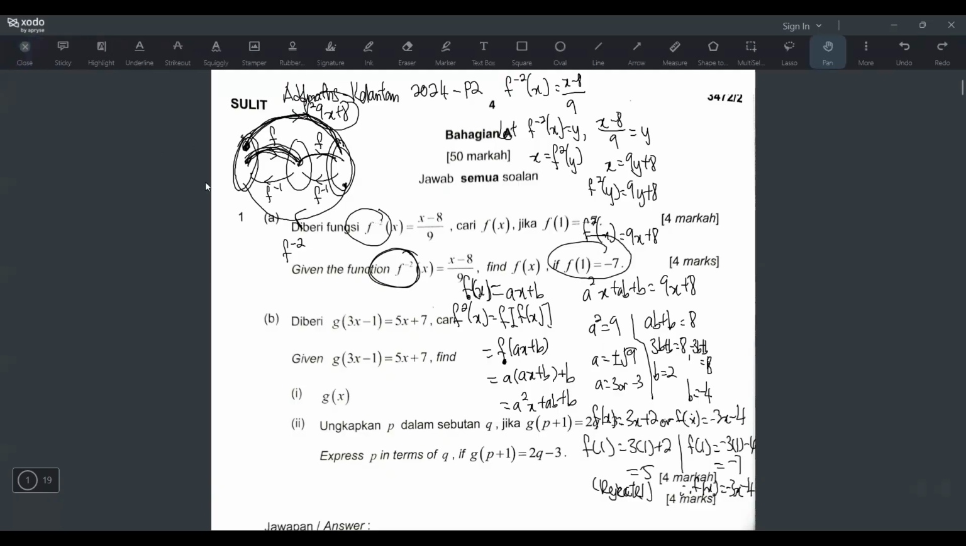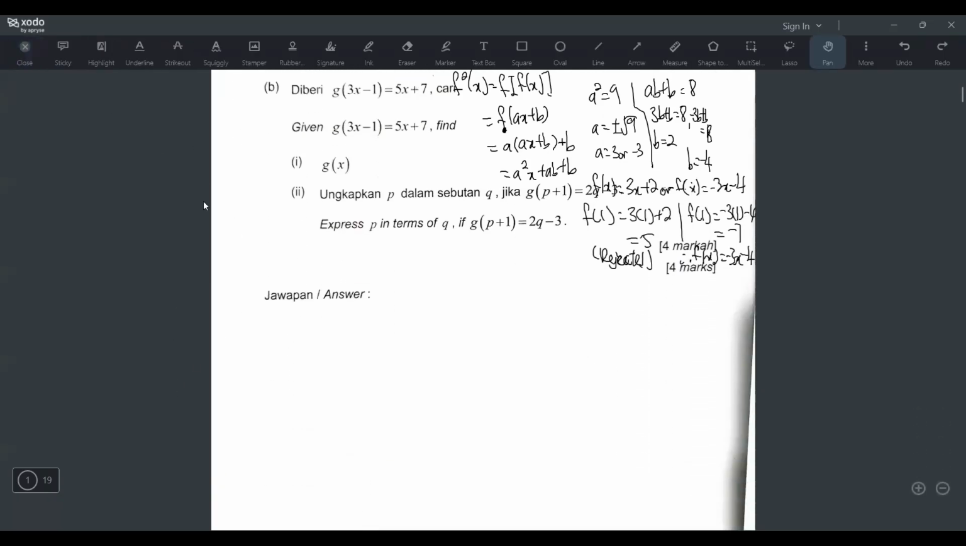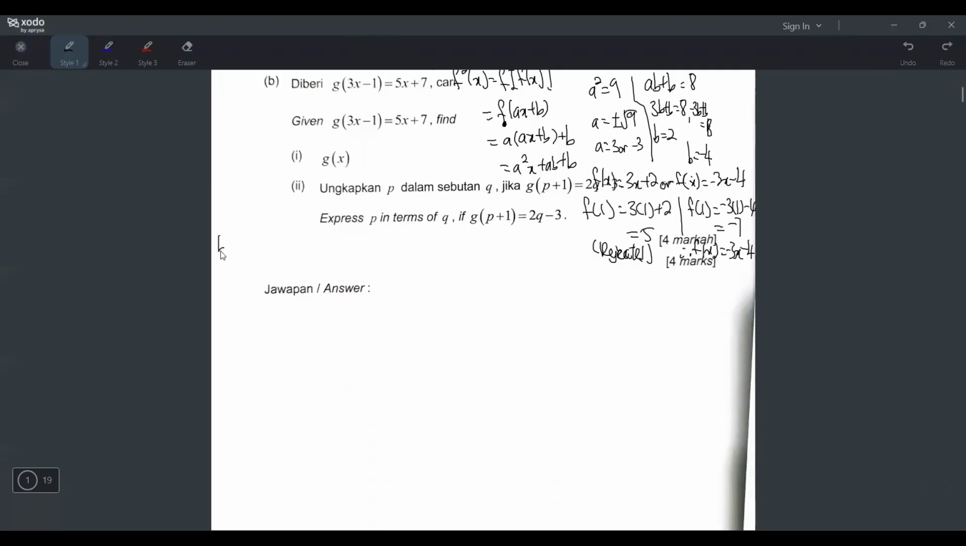Okay, all right, so hope you understand. This is how I would do it. Now I will scroll down and then do B. B says g bracket 3x minus 1 equals 5x plus 7. Now they want to find gx. The one they give us is g bracket 3x minus 1, but they are asking us to find gx,